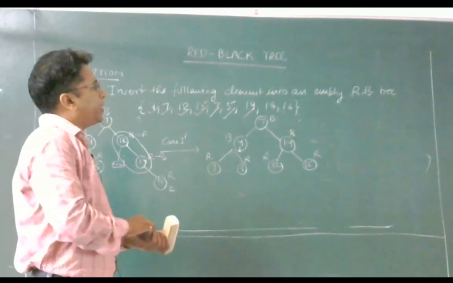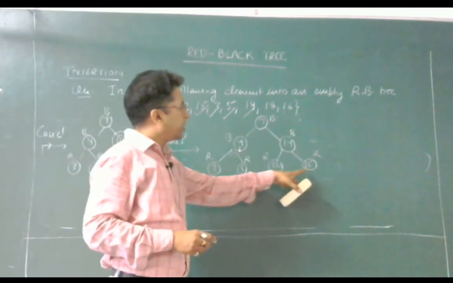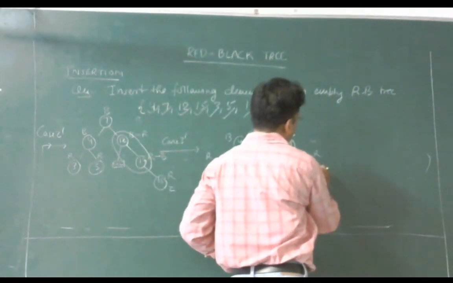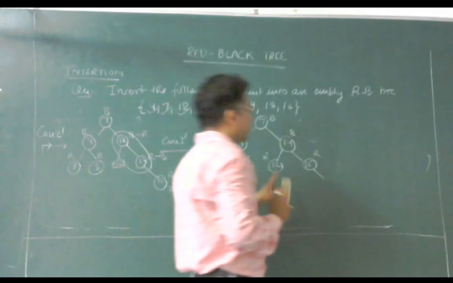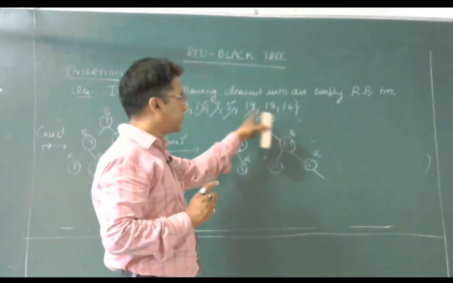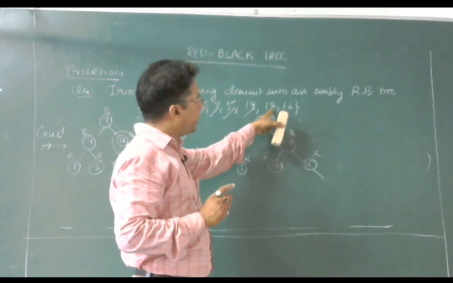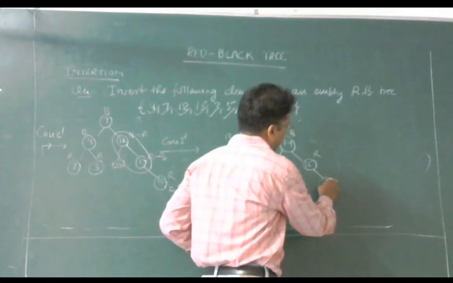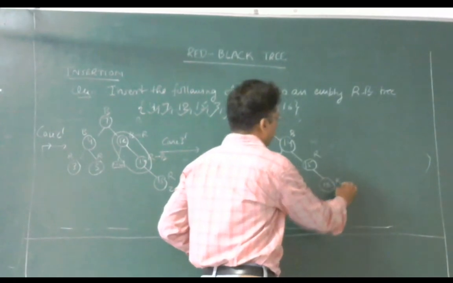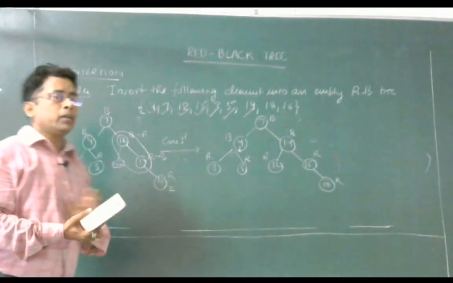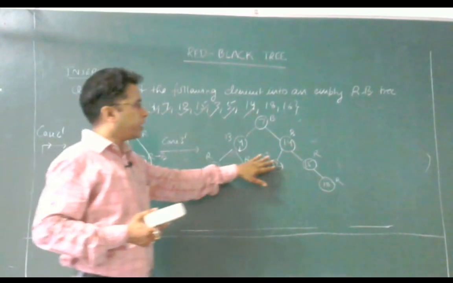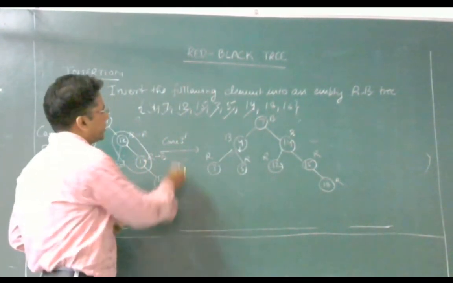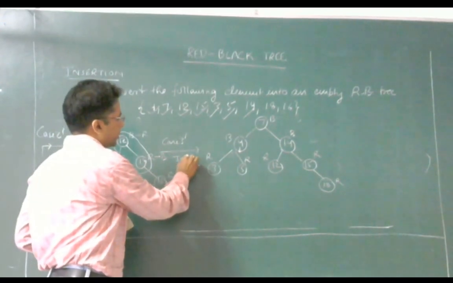Insert 18. After inserting 18, this will be greater than... I am just using the same figure, I am just inserting the element 18 here. After the rotation, the number 18 will be inserted here, and it would be of red color. Okay. I just used the same figure. After the rotation, I inserted the element 18, case 3 dash, and insert, I am writing here, insert 18.